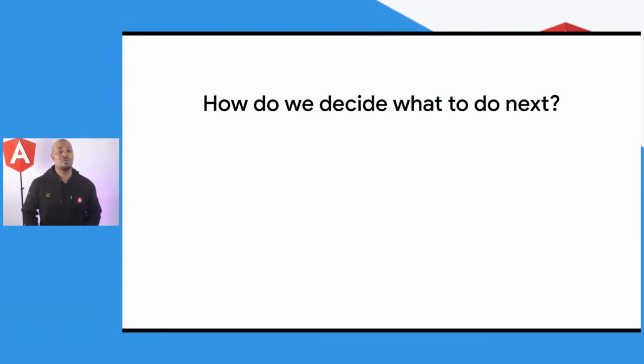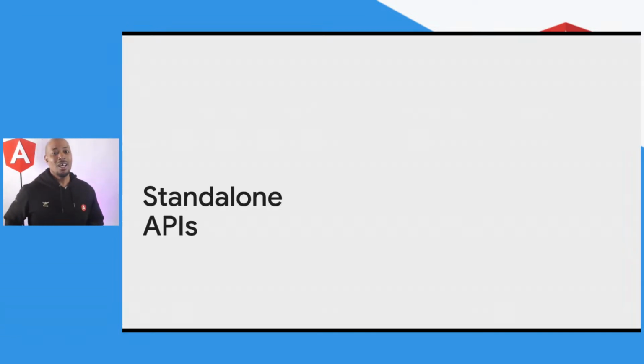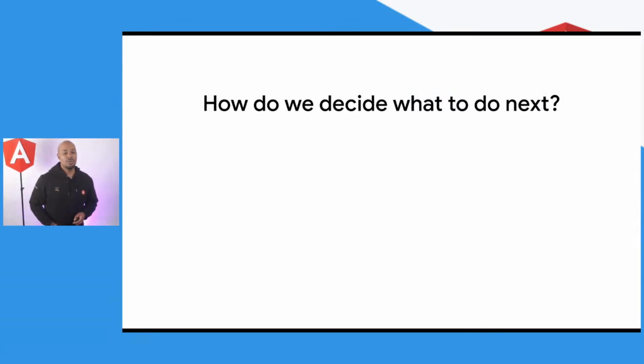Now, before I get started describing all the new features and things that we announced, it may be interesting to you to wonder how we know what we're going to do next. And that's a question that I think people ask. I've even asked our leadership, just to understand how we know what we're going to do next. Well, to be honest with you, we listen to the community and we look at data. For example, our developer survey from 2022 gave us a lot of information, and we had over 10,000 responses. We were able to take data from those responses, and it really helps us to know what the community wants and what they need.